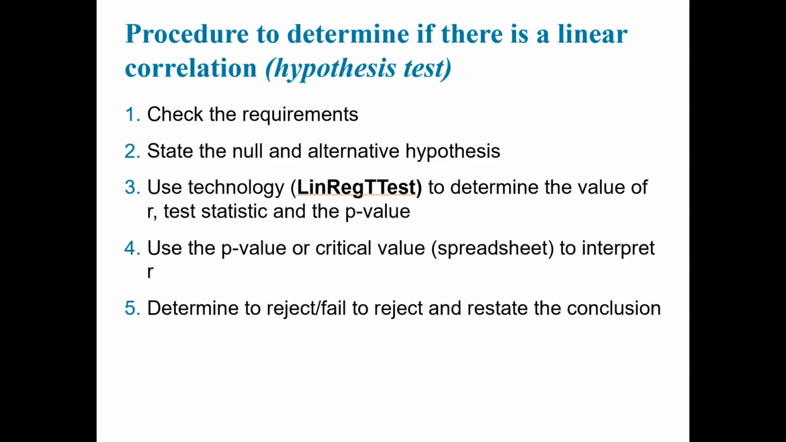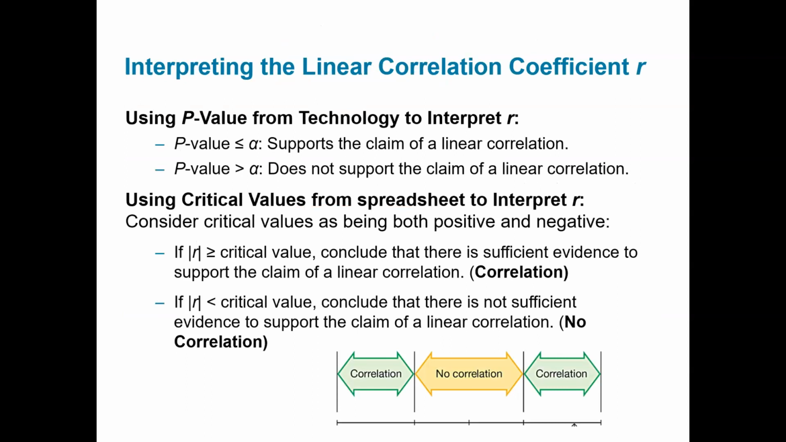So, interpreting the linear correlation coefficient r, we saw this at the beginning, but here again, if we're using the p-value, if p is less than or equal to the significance level, it supports the claim of linear correlation. If it's greater than the significance level, then it does not support the claim. If we're using the critical values